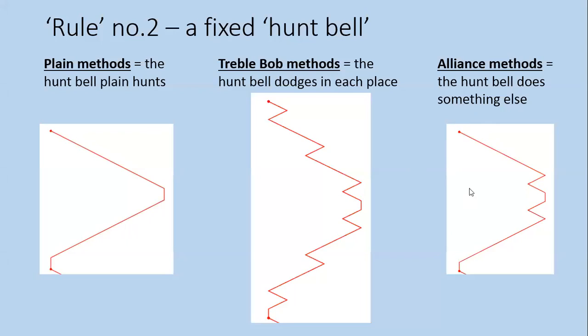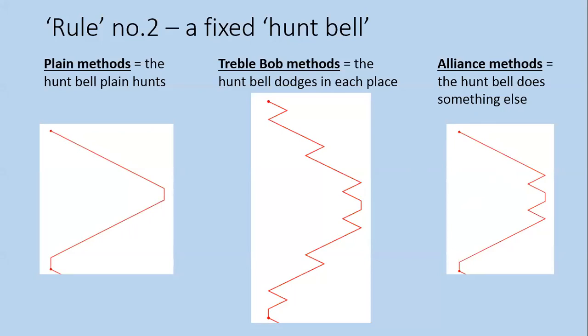And in alliance methods, the hunt bell does something else. So a bit of hunting, a bit of dodging, a bit of place making. There's also treble place methods where there aren't any dodges, but there's lots of places made. But what we have then, first sort of thing about how methods work, bells move one place at a time,